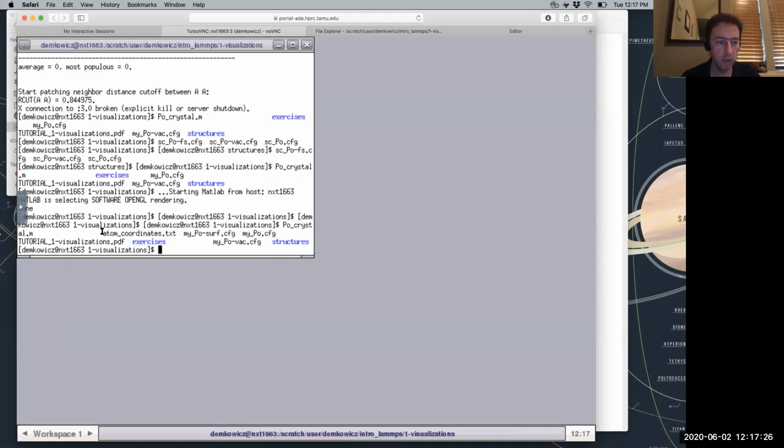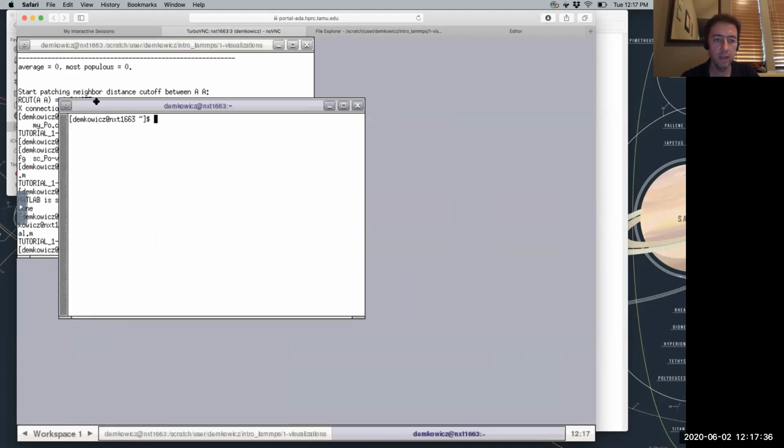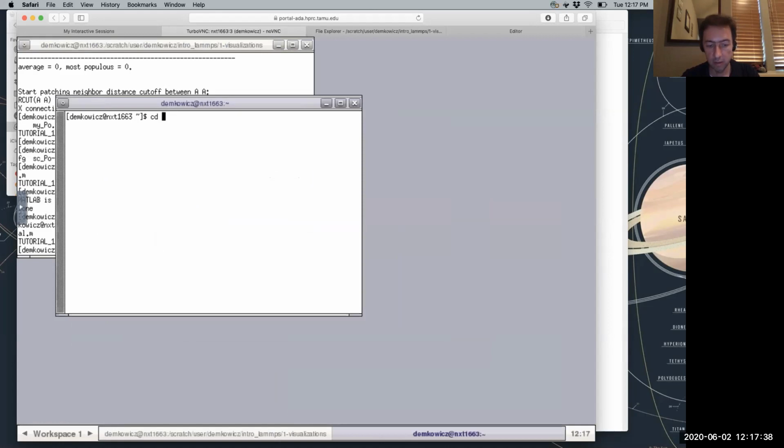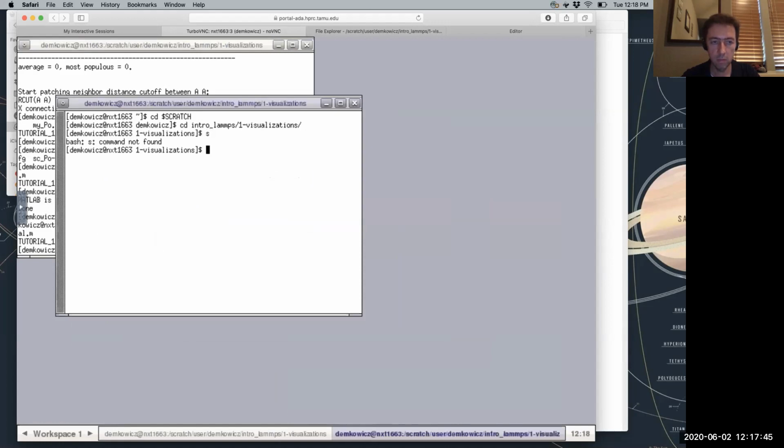Okay, and here's my atom coordinates again. There it is. I'm going to open up a new window so that you can actually see what I'm doing. So scratch. All right.